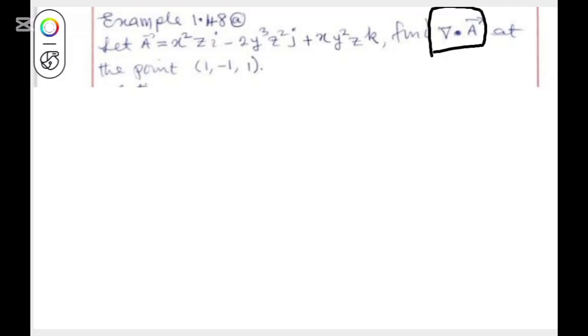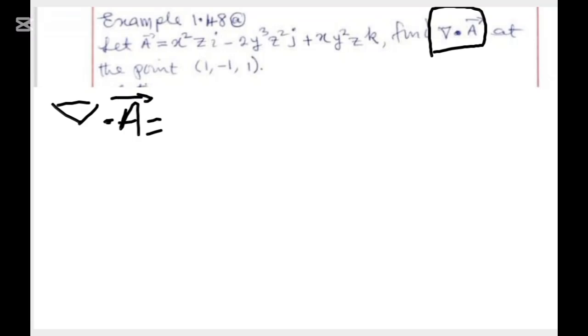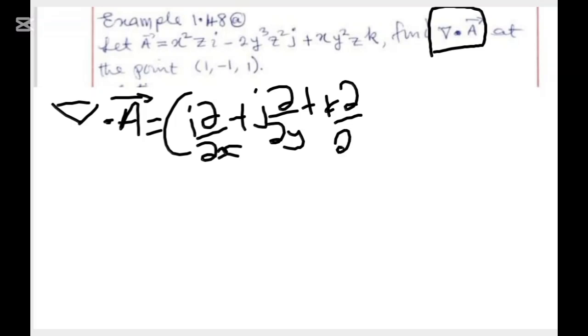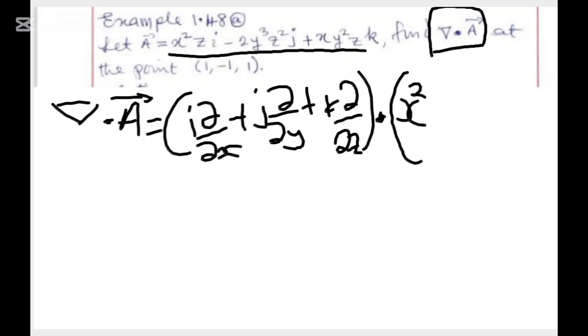So without wasting time, let me say the del dot the vector a is the same thing as I have i by this plus j by the partial of y plus k by the partial of z. I have to dot it with x squared z i